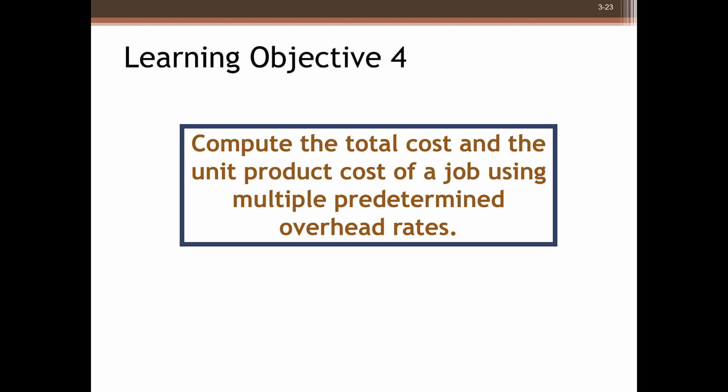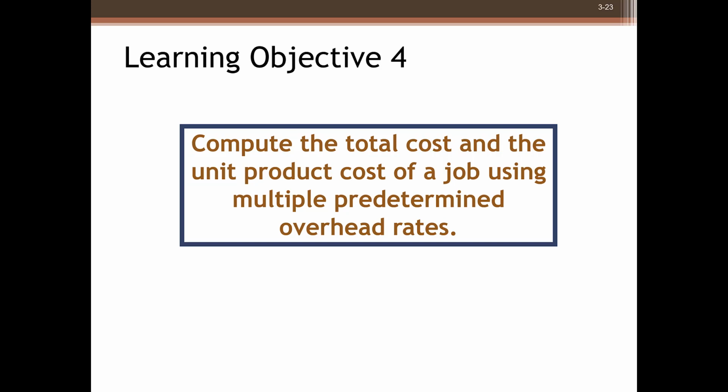In real life, some companies may use more than one predetermined overhead rate to apply manufacturing overhead to jobs. For example, a company may choose to use a predetermined overhead rate for each of its production departments. This is also a job order costing system, but with multiple predetermined overhead rates. It's more complicated, but it's more accurate because it reflects differences across departments in terms of how jobs consume overhead